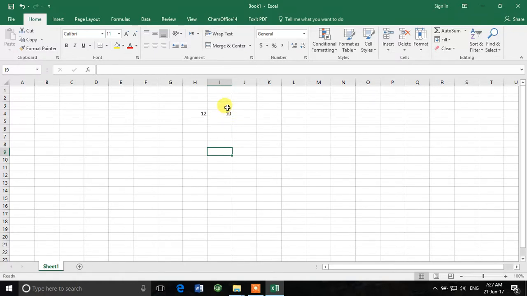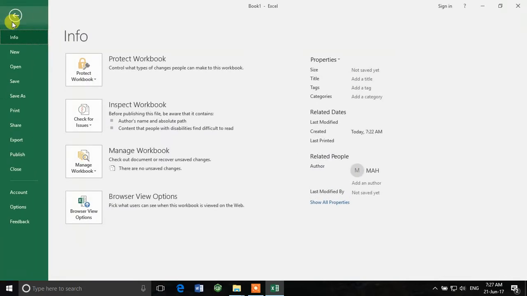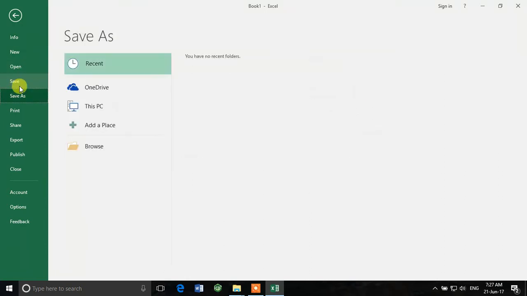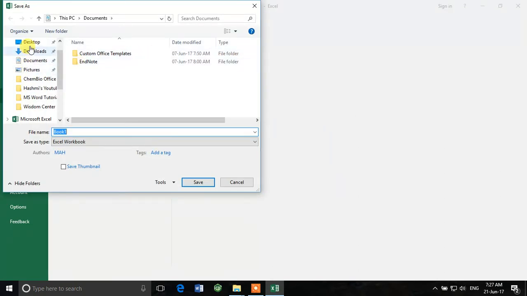Then there are different menus in Microsoft Excel. First, we'll learn about the file menu and how to save a file, print it or open it. This is quite an important thing. First, we'll go to save as, or save. You can save it on OneDrive, this PC, or browse a location. So we'll browse a location and save it on the desktop. For the file name, maybe test Excel